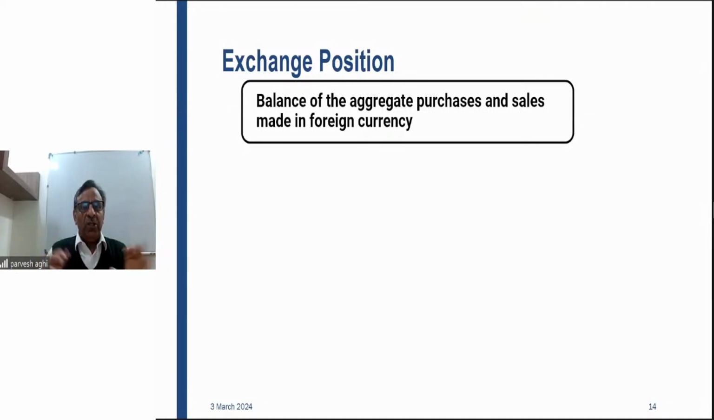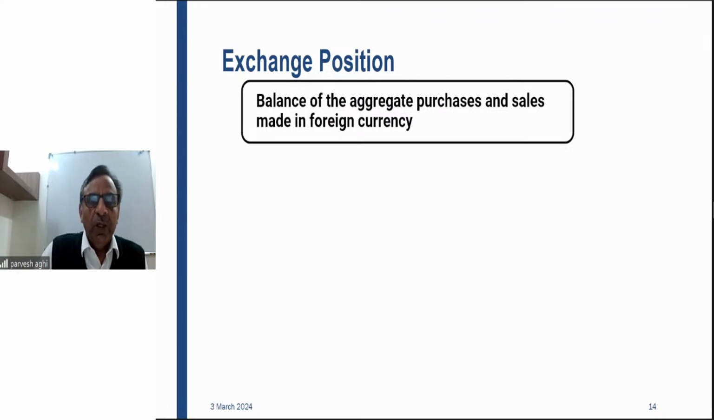So all the transactions which you have entered, the purchases and sales in foreign currency, they will all tell you what your exchange position is. Are you overbought or oversold in terms of foreign currency, whether it be dollars or pounds or whatever. Okay, so the bank needs to monitor that on a daily basis